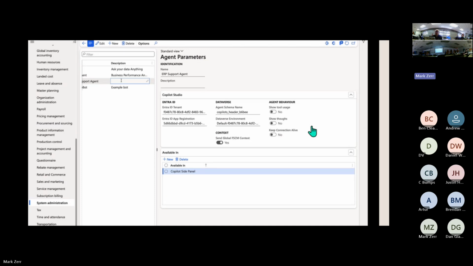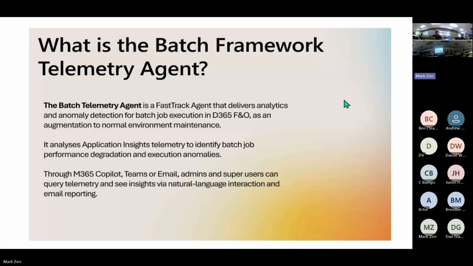maybe they've been looking at this, but this seems very interesting to me. Batch framework telemetry is coming out, and what they're doing there with the batch telemetry agent. We've had conversations in our past meetings about how we get data out of the system and telemetry information. So I've been looking to see if I can find